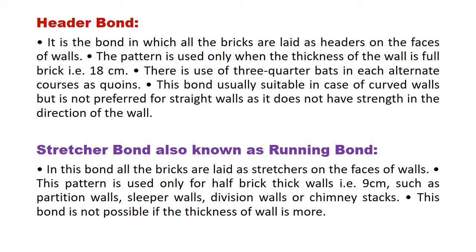English cross bond. This is a modification of English bond used to improve the appearance of the wall. In this bond, alternate courses of headers and stretchers are provided as in English bond. Quoin closers are placed next to quoin headers. A header is introduced next to the quoin stretcher in every alternate stretcher course.